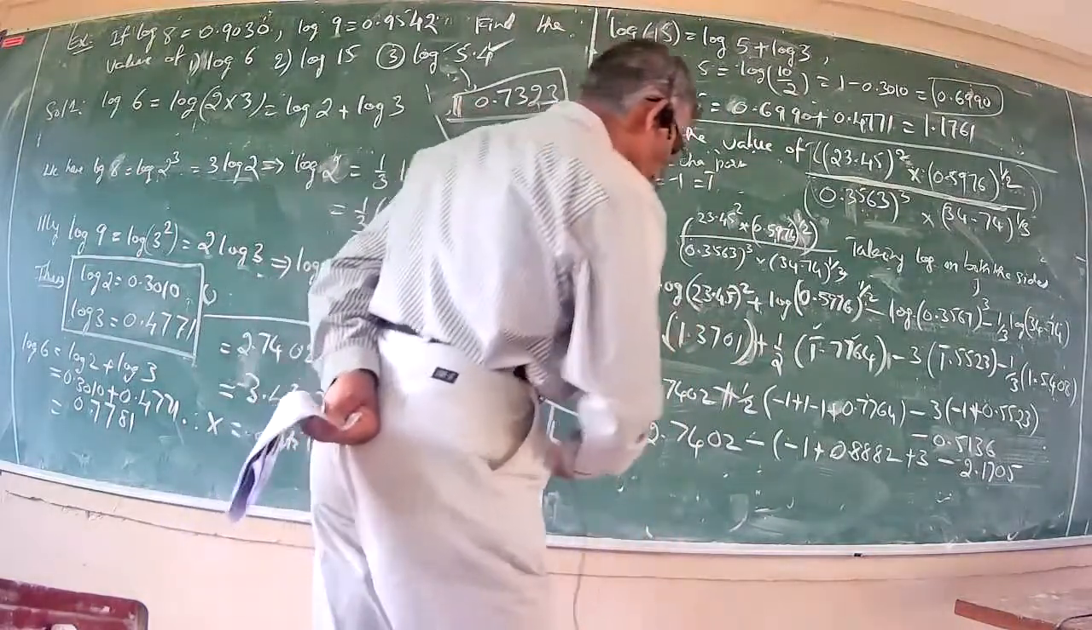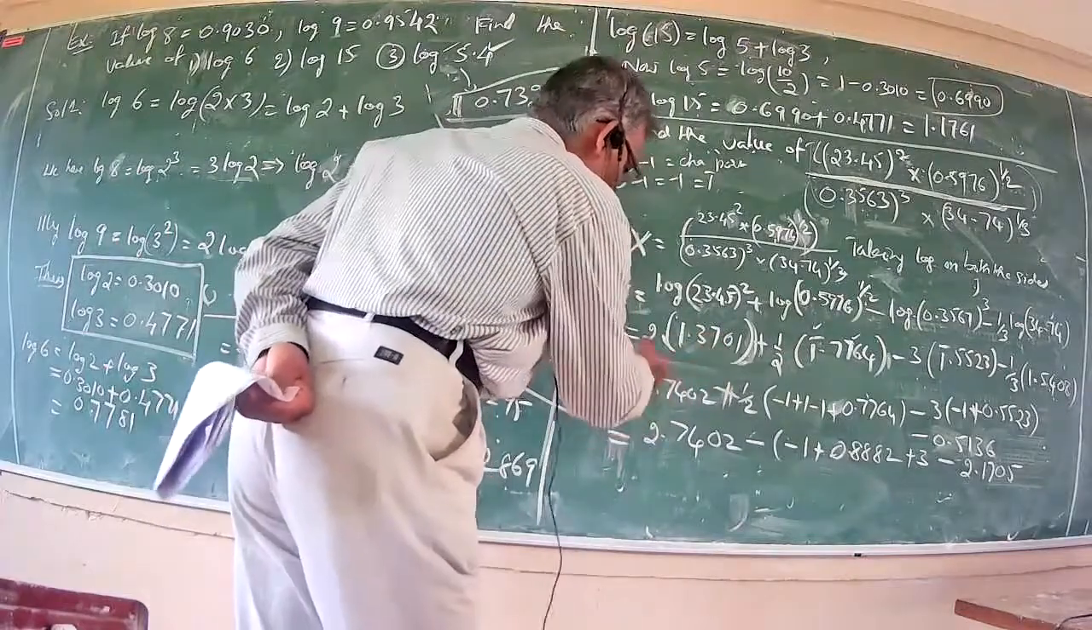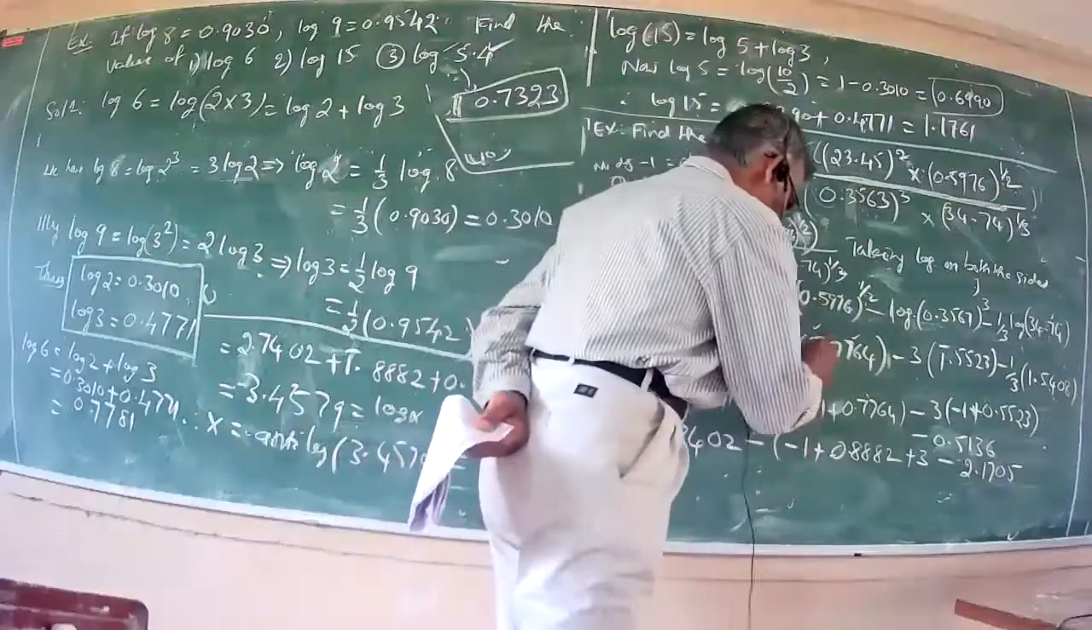So in the simplification, 2 into this, 2 into this, it becomes a fraction. To make it an integer,